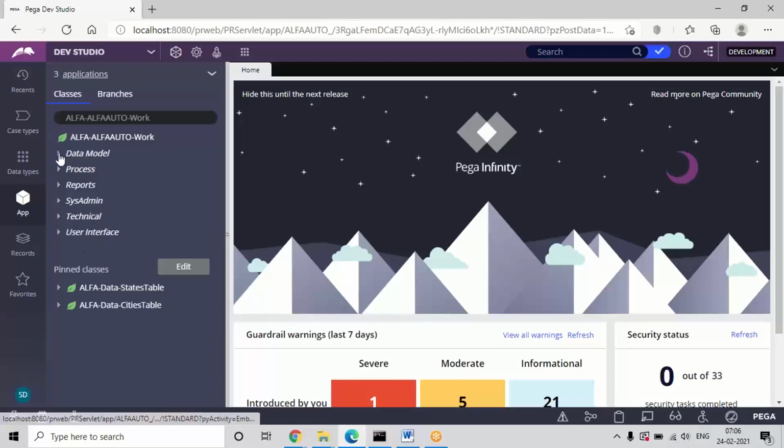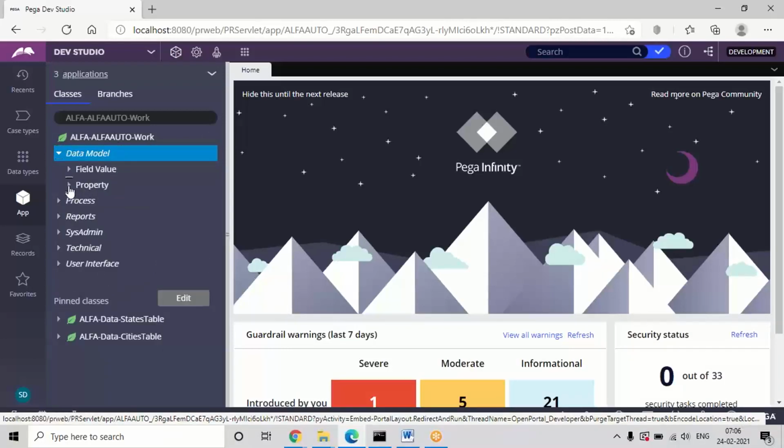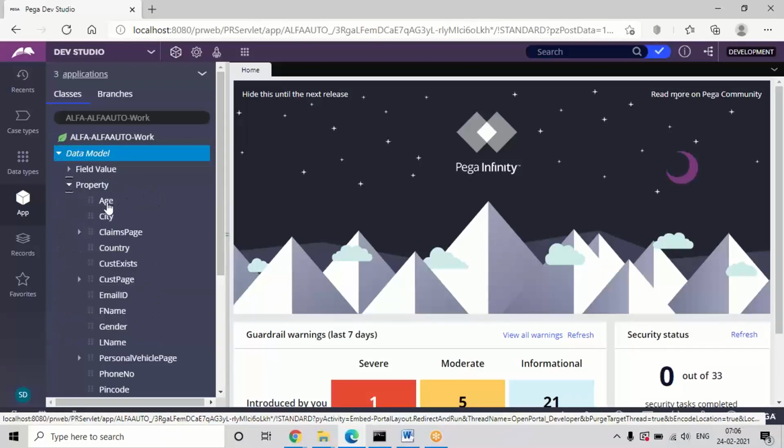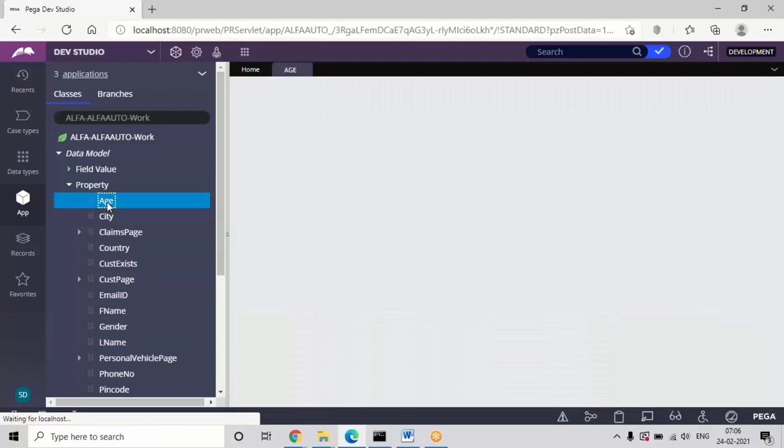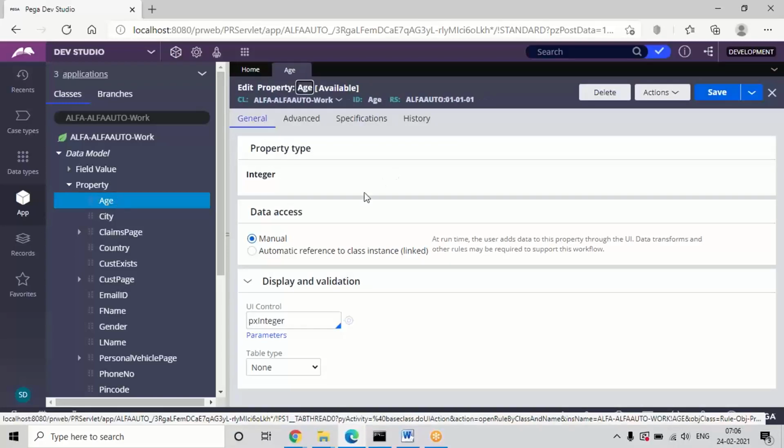But if you open any rule here, see from where these rules are fetched and displayed in the platform. If I click on any rule here, for example this age property, it will fetch from the rule base PR4 table and display here in the application.